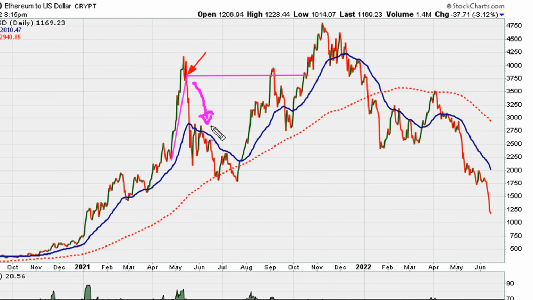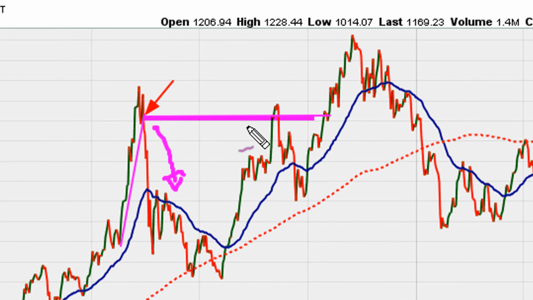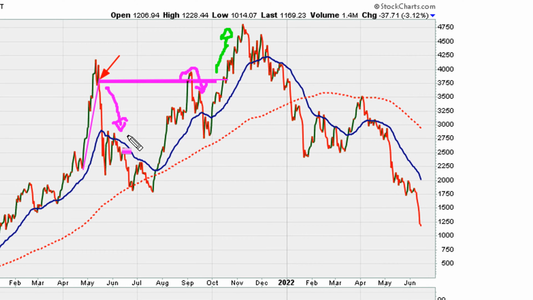So we're talking about this area here. Notice how it turns into a resistance area for a pullback down. We come back and take it out and have this move higher. Interestingly enough, if we extend that same line, you see how the market used it here and then turned into resistance right there. Taking a look at the moving averages, we can see the last time we were above 4,000,